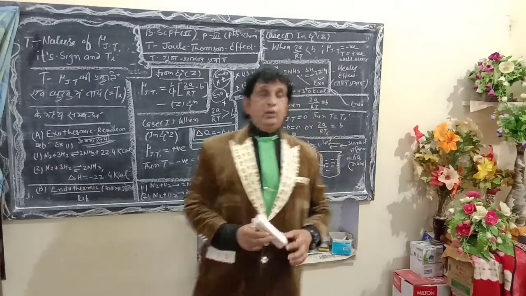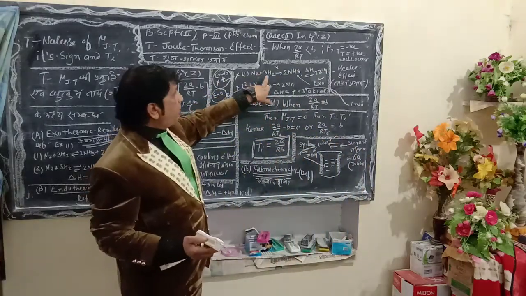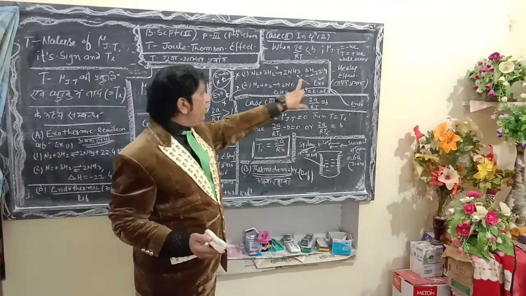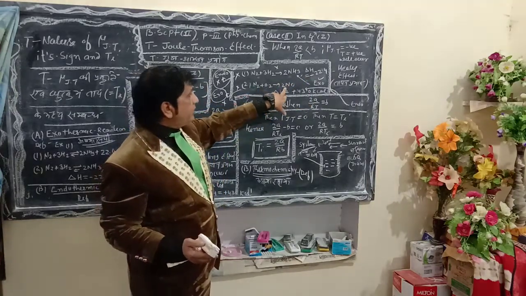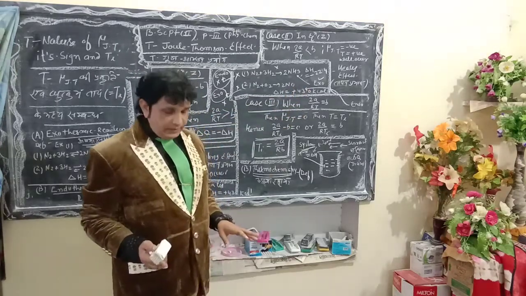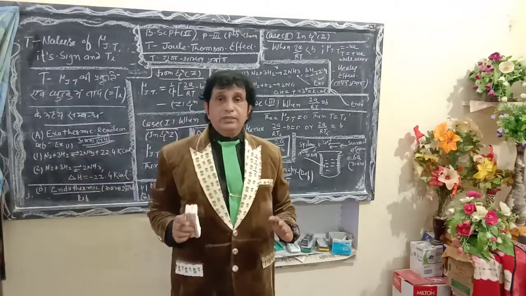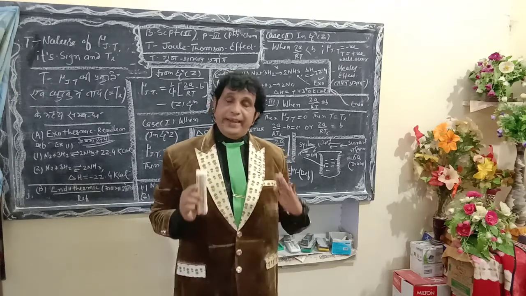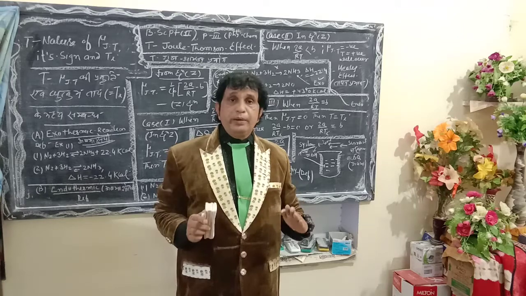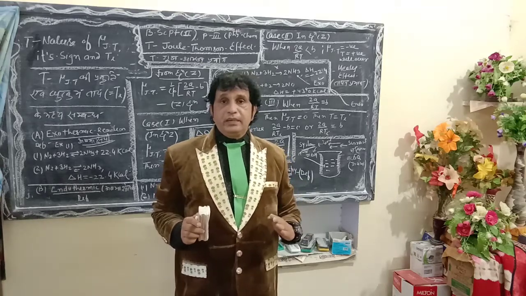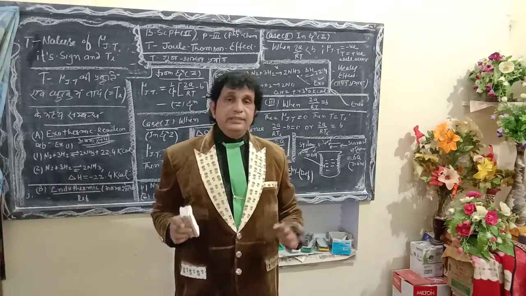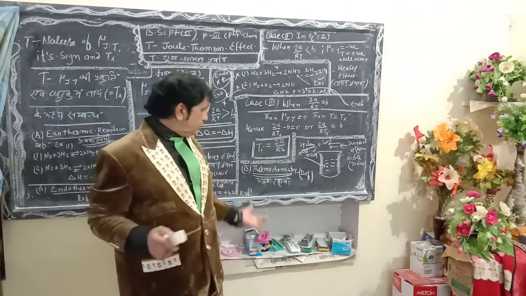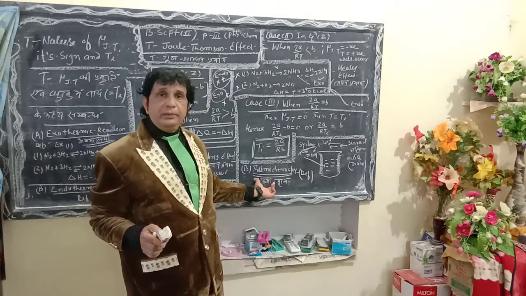I am mentioning here two types of reactions here: N2 + 3H2 → 2NH3, ΔH = −22.4. Next one, N2 + O2 → 2NO, ΔH = +43. So there are so many reactions in the chemical environment in which heat, enthalpy, is released or absorbed. Such a branch of physical chemistry which gives us the necessary information about chemical or photochemical reactions is known as thermochemistry.